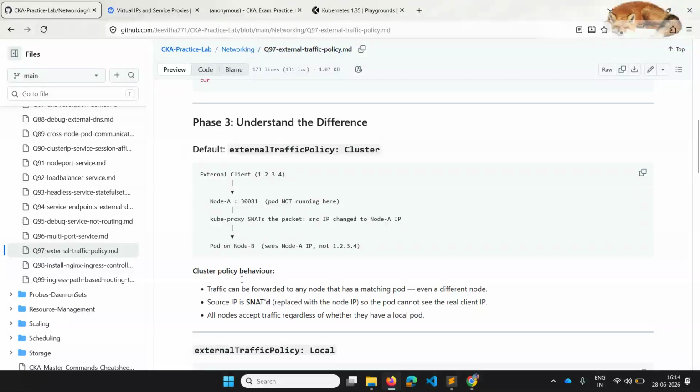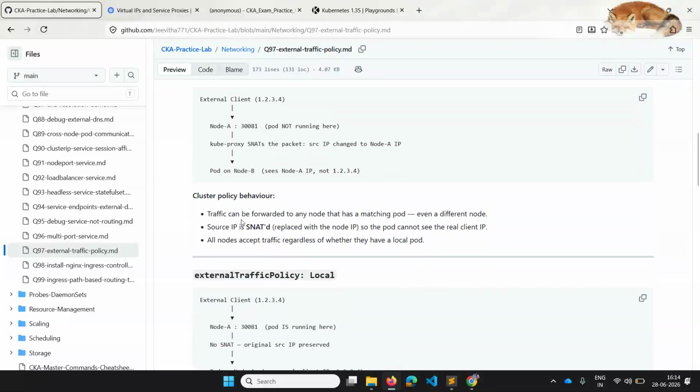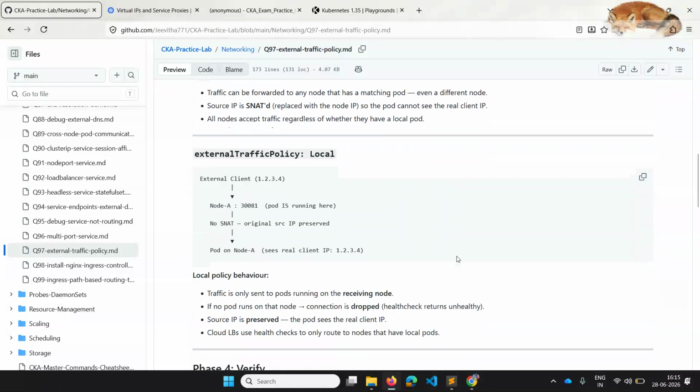Here I have also added some more points on external traffic policy cluster. Traffic can be forwarded to any node if it is cluster, even if it is a different node. So the source IP is replaced with the node IP as I told you, and the pod which gets the request doesn't see the real client IP. All nodes accept traffic regardless of whether they have the local pod, as they act as a router.